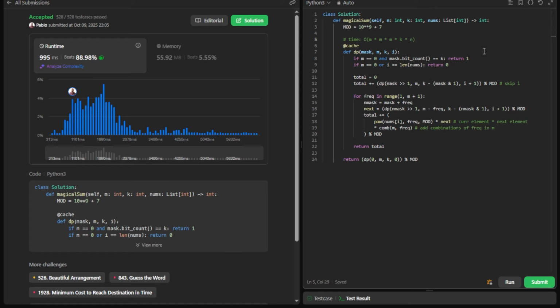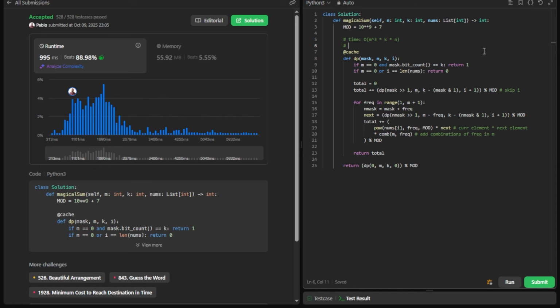So this is m to the power of 3 times k times n, and space will be big O of